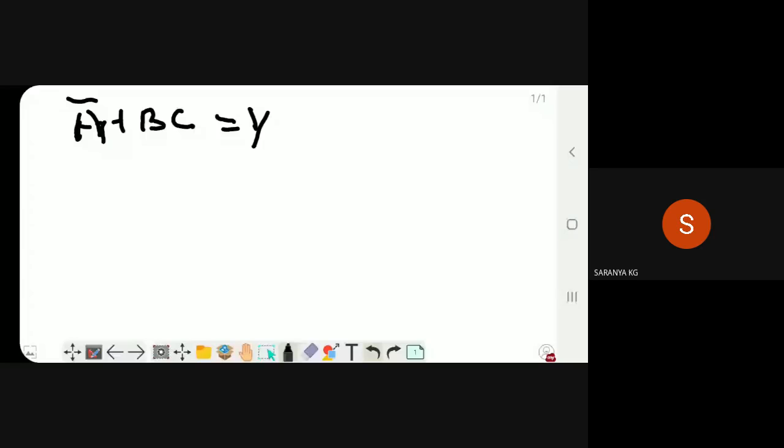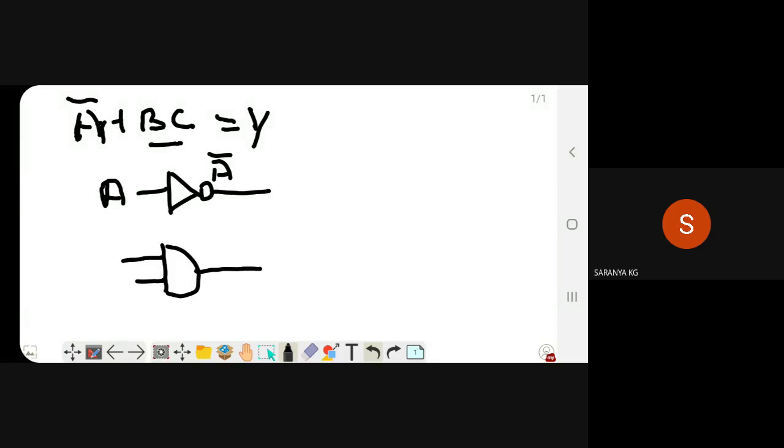If I give A here, I want to use a NOT gate to get the complemented output called A bar. For BC, it is a product, so I want to use an AND gate. The inputs should be B and C, then the output will be B dot C. Both A bar and BC are in sum, so I want to use an OR gate on the output side. You will receive the output as Y.